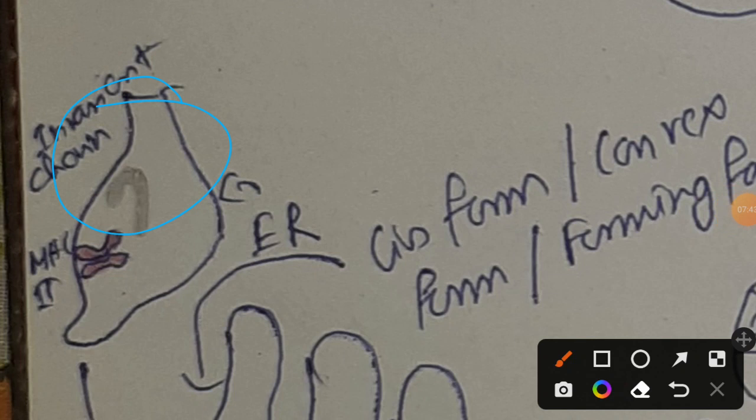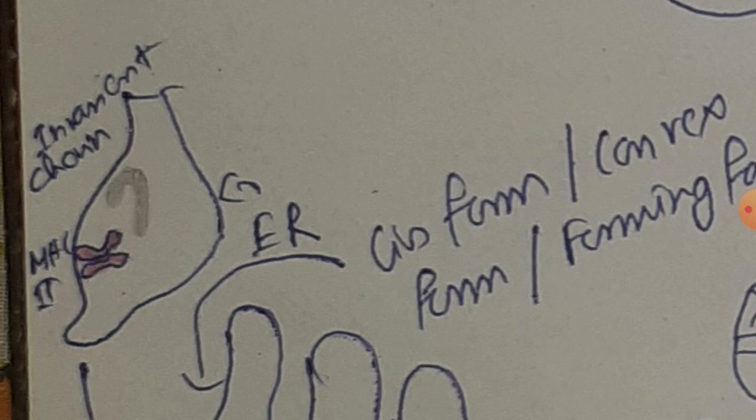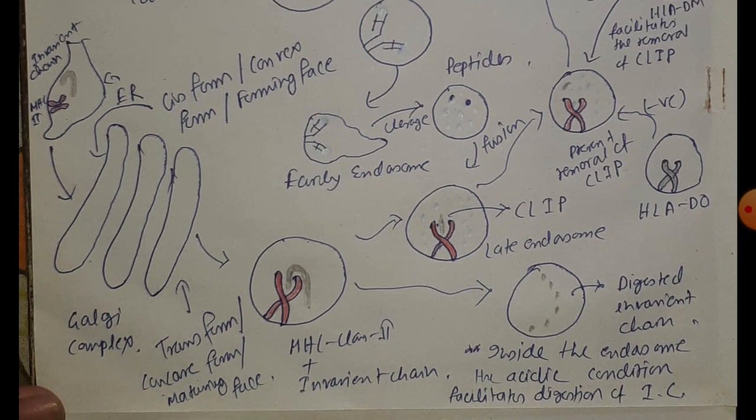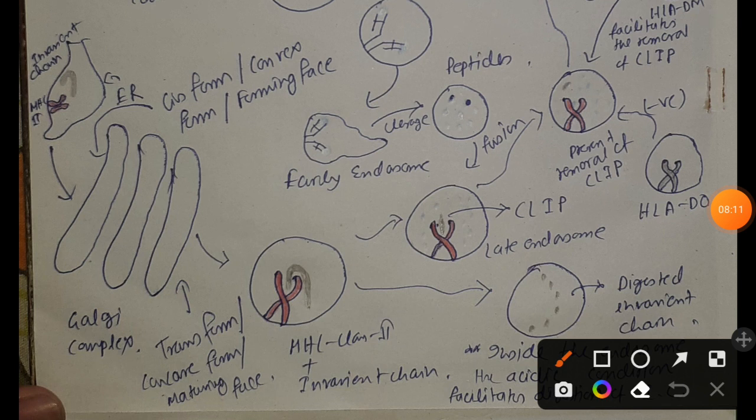Now let's try to remember, in the case of MHC class 1 molecule, the MHC class 1 molecules are completely synthesized in the rough endoplasmic reticulum lumen, right? And MHC class 2 is also synthesized in the endoplasmic reticulum, along with the invariant chain. The invariant chain will play a very important role after some time. So after that, this MHC class 2 molecule along with the invariant chain will be further modified and go through the Golgi